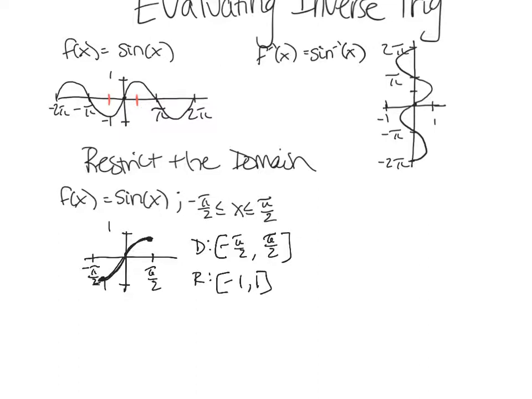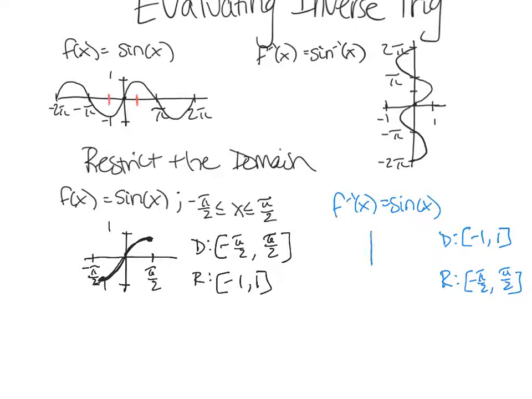And if you remember when you are graphing inverses, and I'll do this in a different color so we can keep track, I'll do this in blue. When we're graphing inverses, we can also just switch our domain and range. So we can say that our domain here is going to be from -1 to 1. That hasn't changed. But our range is going to be from -π/2 to π/2. So our sine inverse, I just realized I forgot to put the inverse. The sine inverse graph,